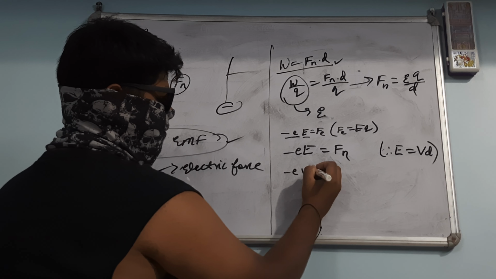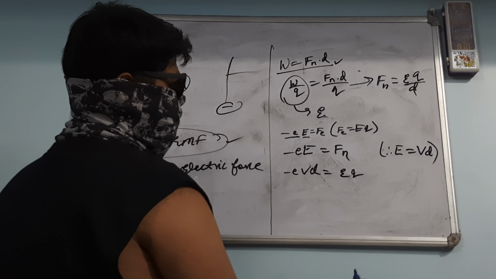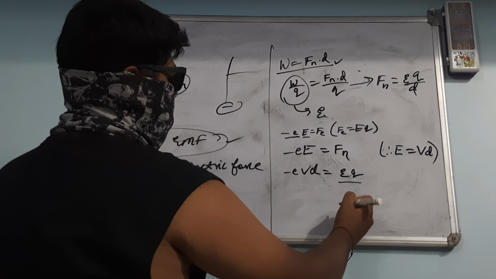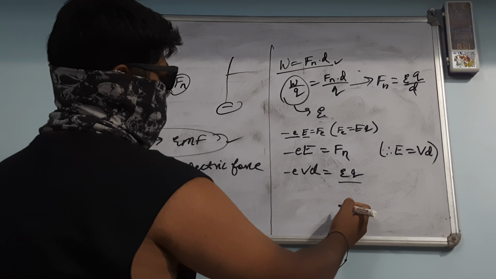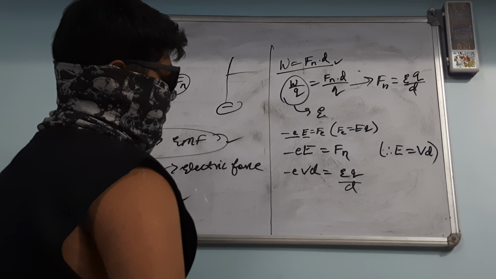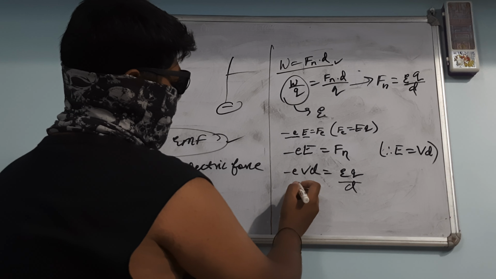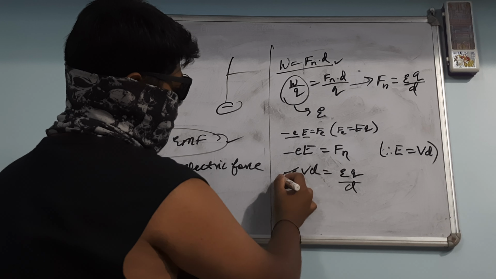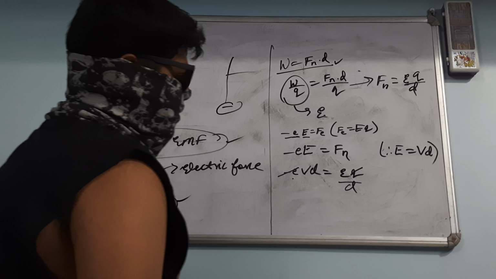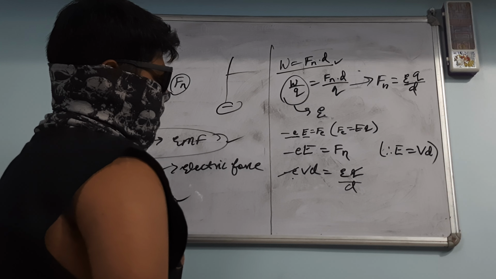So we get Vd is equal to Q by D. So now we will get EMF Q, this gets cancelled,